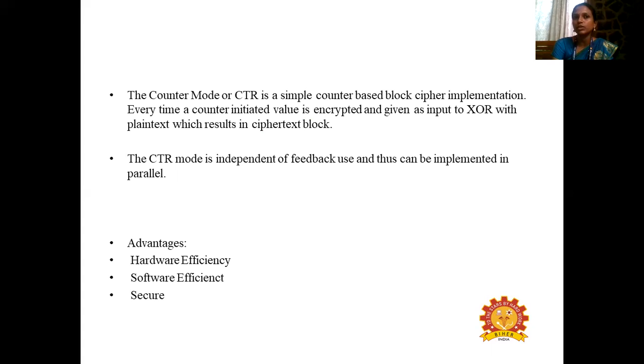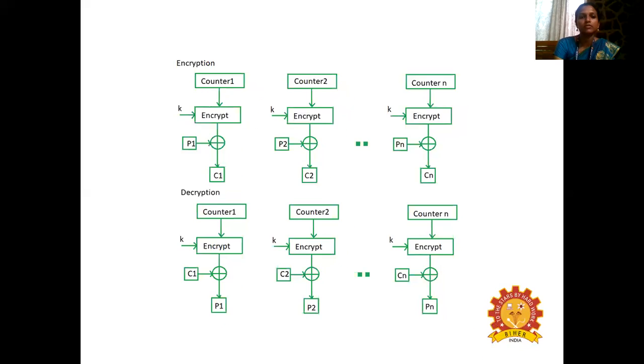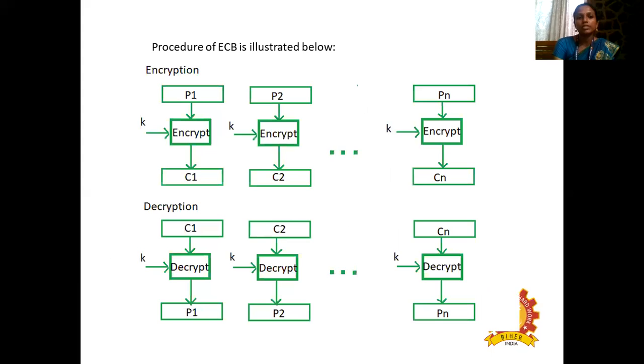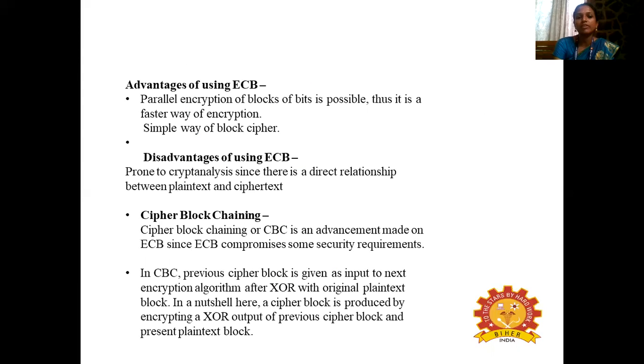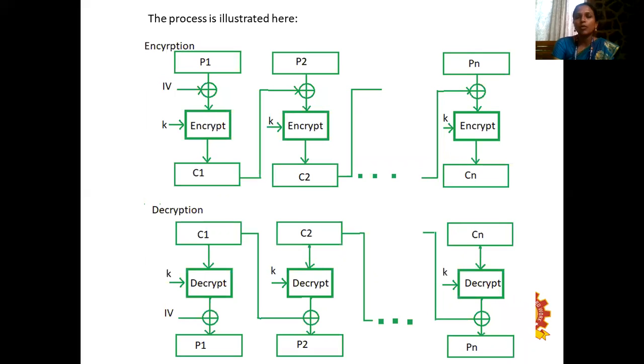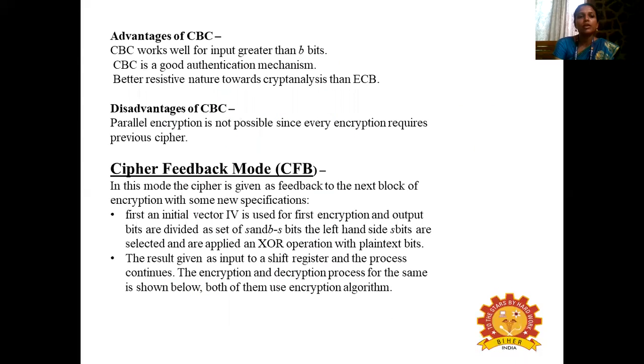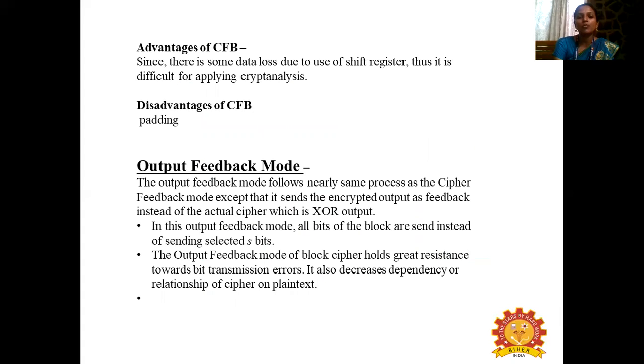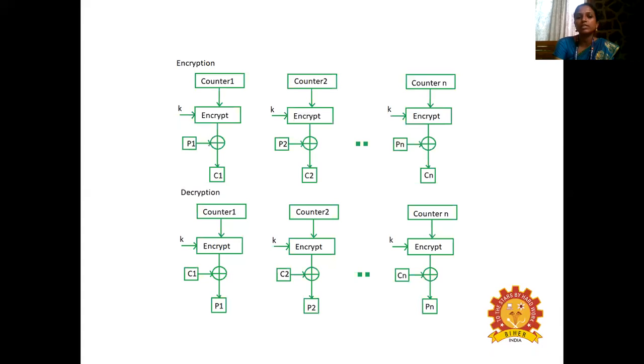Here also we are using different modes of operation. So what are the things we have seen? Block cipher modes of operation, their operations, disadvantages, advantages. Block cipher comes under block cipher mode, then cipher feedback mode. Next we have seen the diagram of output feedback mode, where the output is given as the input. Next we have given counter mode.